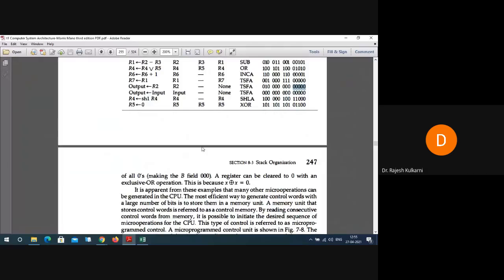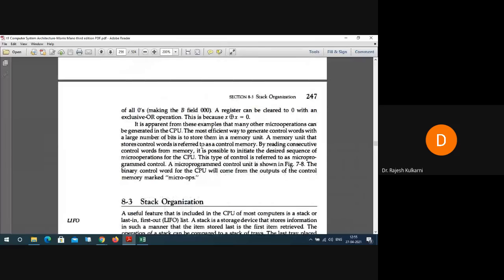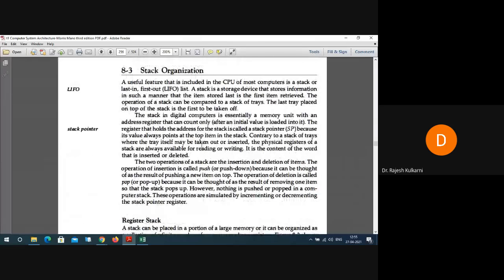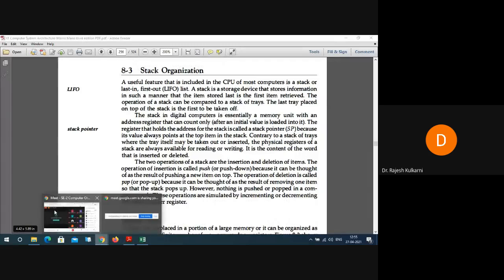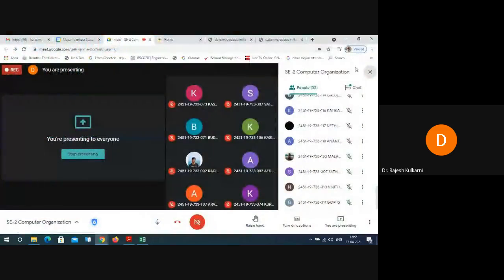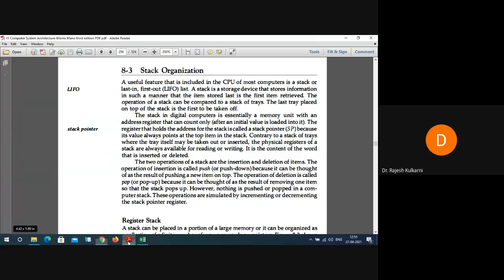I am assuming that you understand this. This is a stack, but before that, I just want to confirm why the strength is a bit less today. It is 33 only. Any problem today? No, sir. Okay, no issues. We'll move further then.